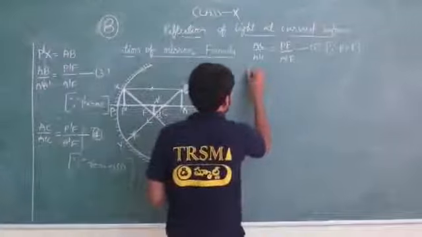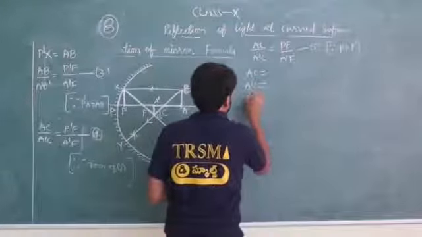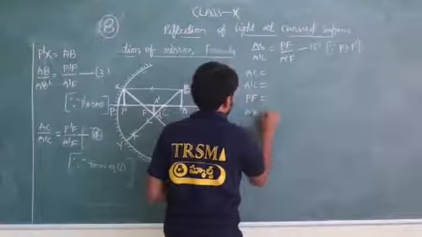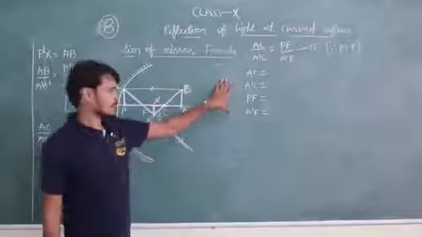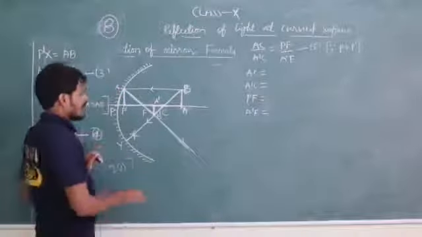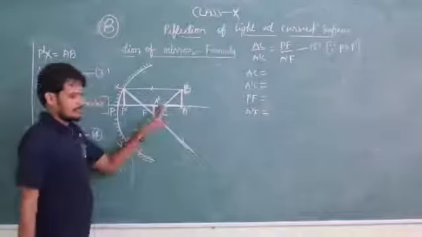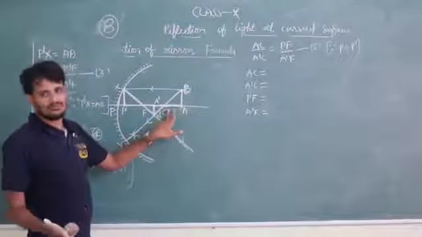Now what is AC here? What is A dash C? What is PF? And what is A dash F from the given figure? So what are these actually? What are these quantities from the given figure? Let's look at AC. Here AC is there. See, this is AC. Got it? So I want the AC value here.